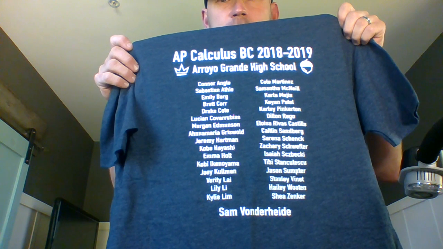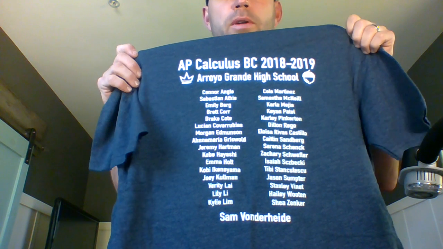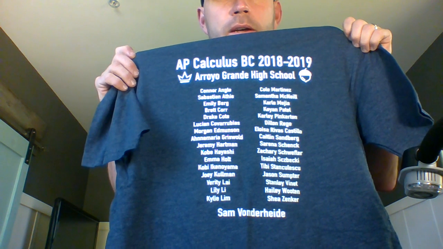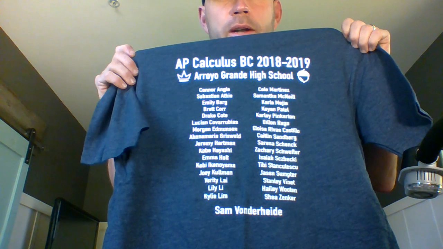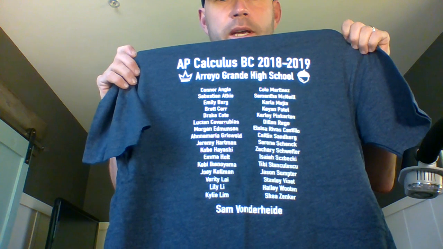So AP Calculus BC 2018 and 19. So no real calculus references on the back. Royal Grande High School, we got a little crown, a little acorn again, everyone's names. And then last year's AB design,